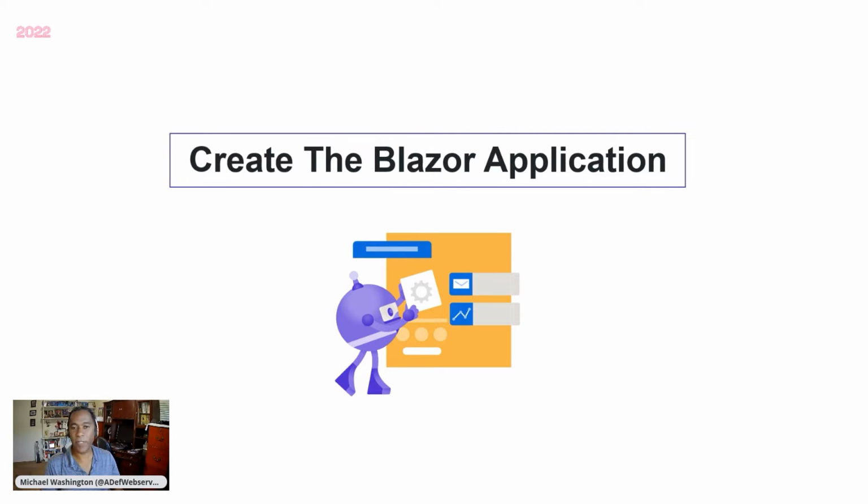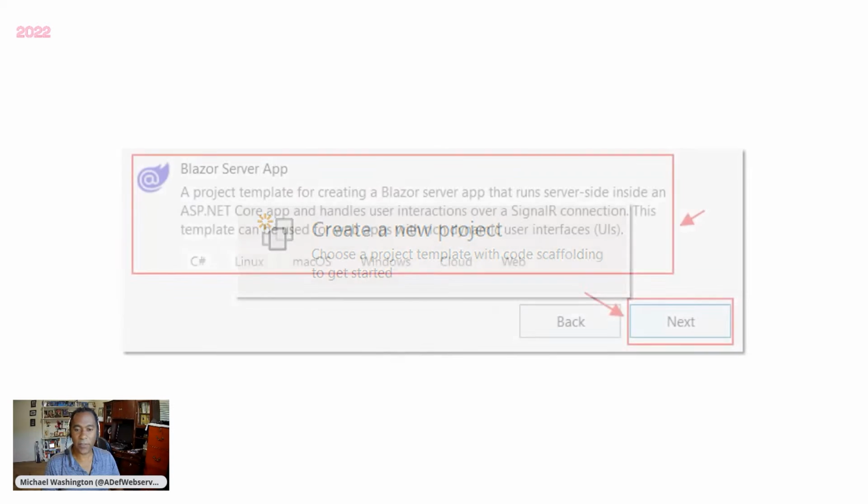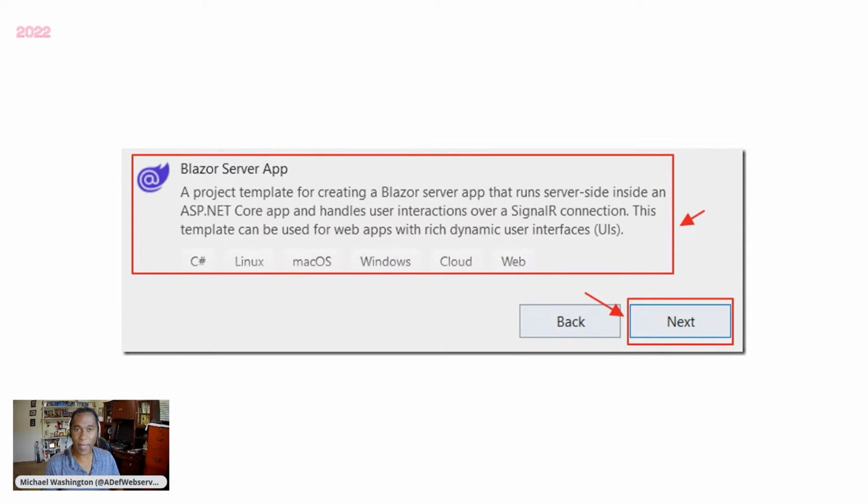This is all the configuration we need to do inside Azure, and the rest will be in the Blazor app. So go ahead and open up Visual Studio. We'll select Create New Project. We're going to select Blazor Server App. Yes, you can use this code for Blazor WebAssembly. However, it has to be structured differently, and it takes a lot more code. So I'm using Blazor Server.